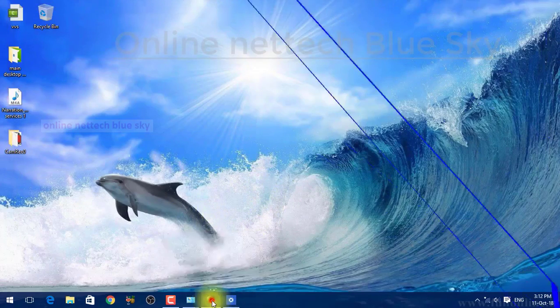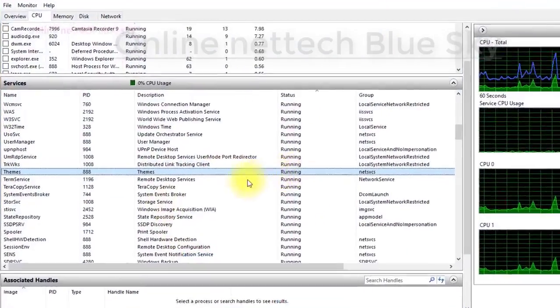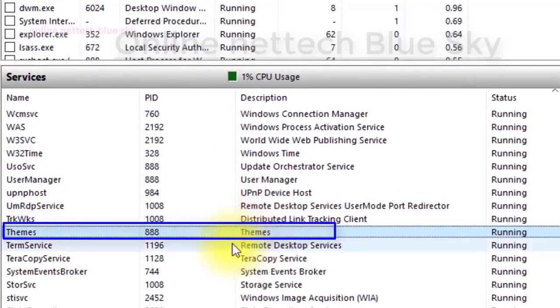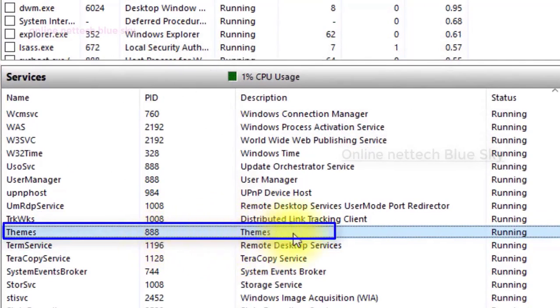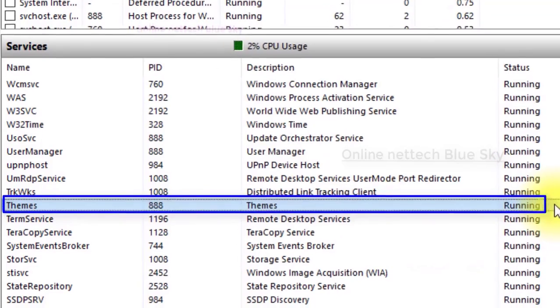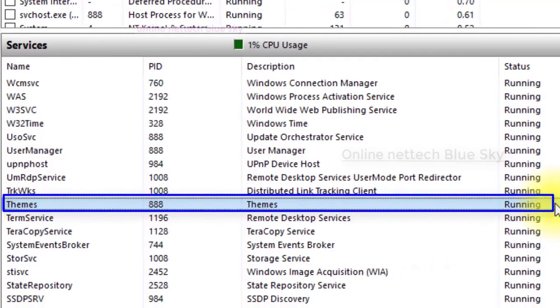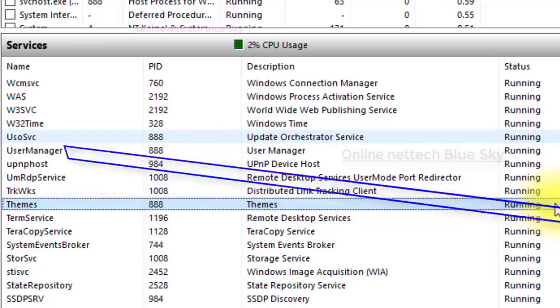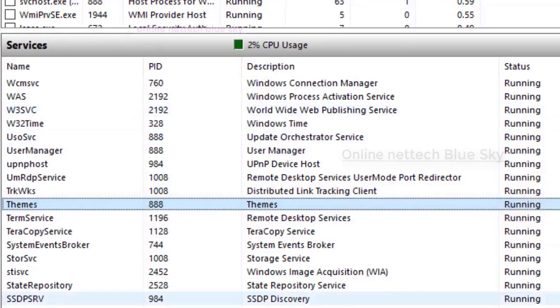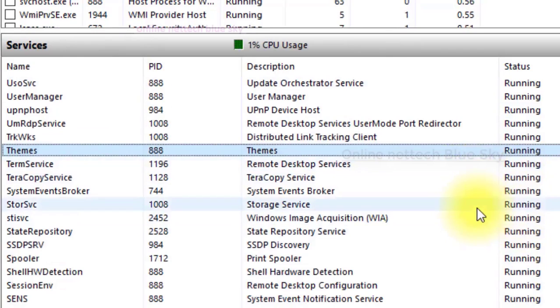This changes automatically, the theme service. Okay, this is the theme service. It is very important to talk about the theme service and its process. The theme service processes are different types, changing with your settings, or you can change anything on your computer and computer IDs. Computer ID means different things, but I am talking only about services.